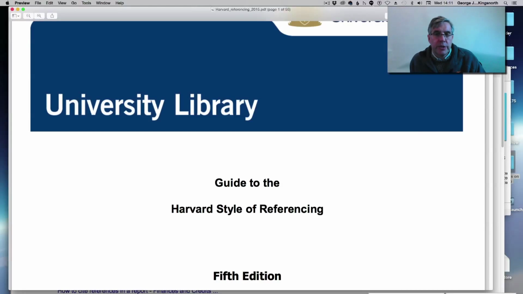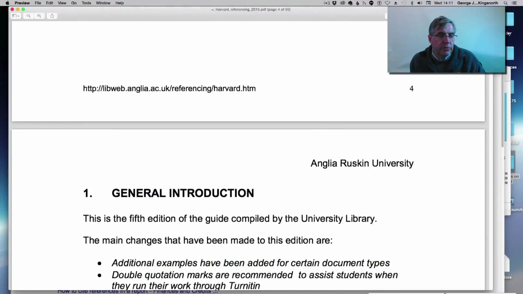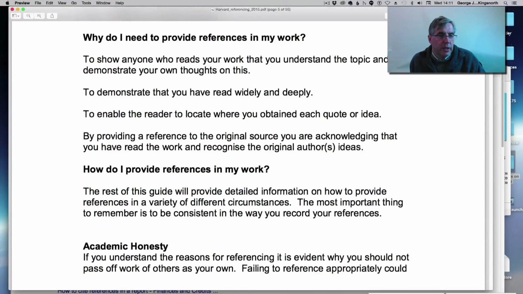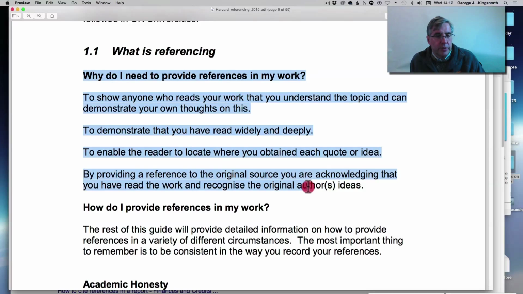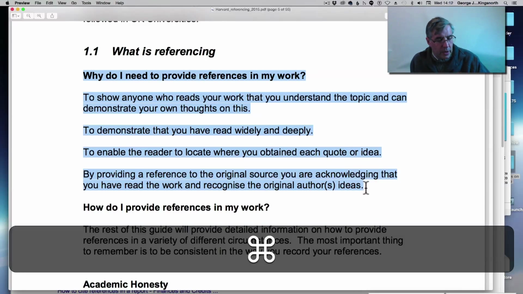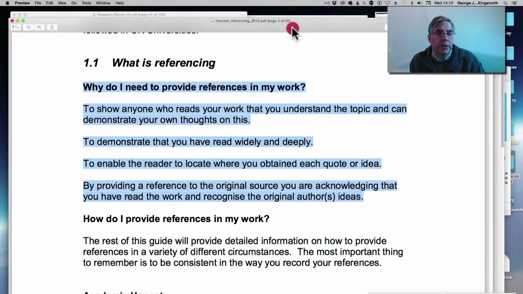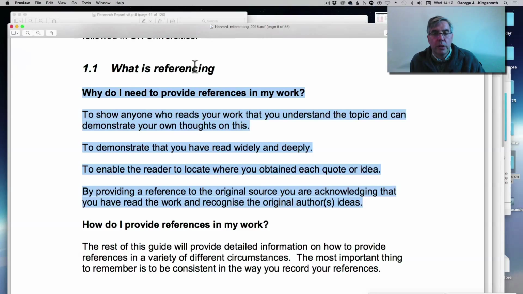Now, the reason I've opened this up at the moment is I'm just going to find randomly a piece of text, and I want to show you how we look for material that could possibly have been plagiarized. So what I'm doing is I'm simply going to copy a block of text from here. I'm going to take that there and go Control or Command C. I'm then going to go to